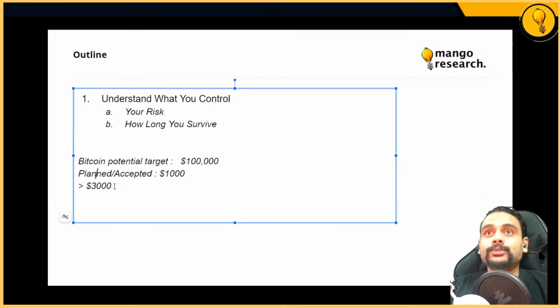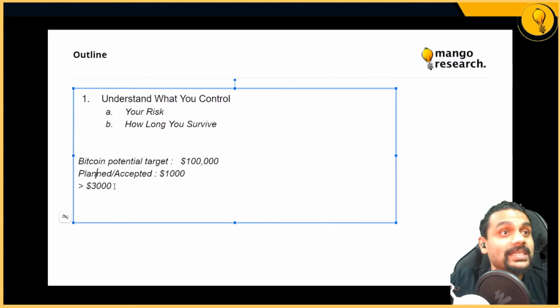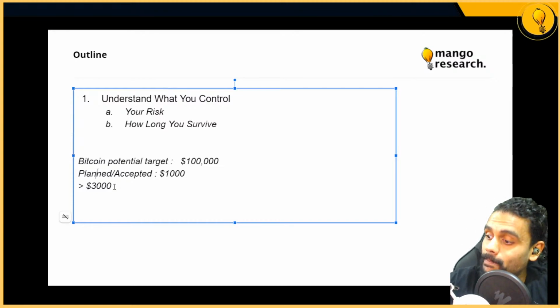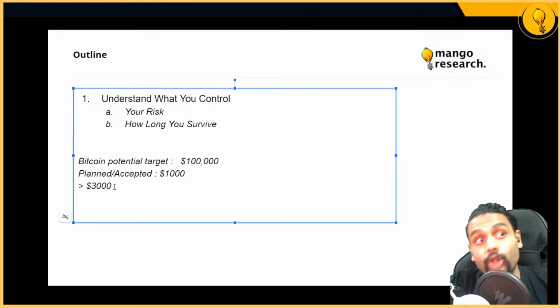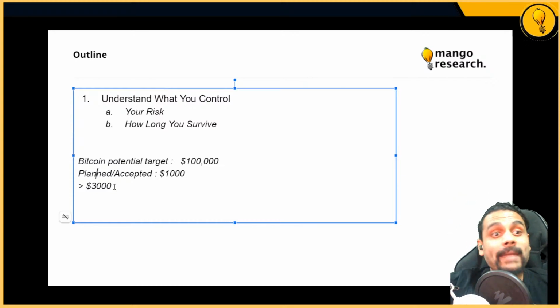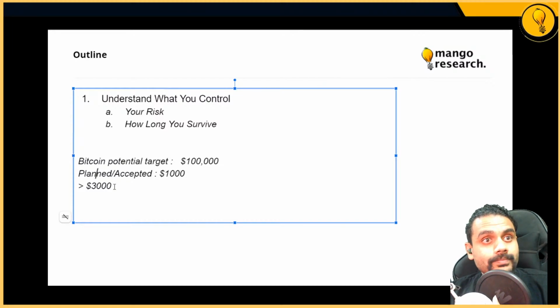A lot of people ask me why I'm so stress-free, why I can take losses the way I do. It's because of this. As soon as I put on my trade, I have accepted a loss. Anything other than that is a win, right? I only really lose if I violate my rules and my risk management.